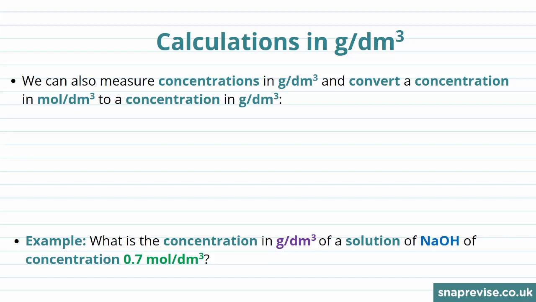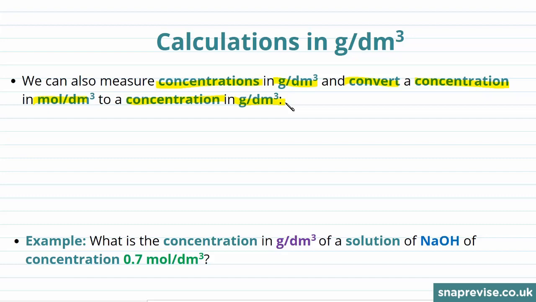Guys, this is the fourth part of the video on titration calculations. So far, we've looked at calculating concentrations in moles per decimetre cubed. But we can also measure our concentrations in units of grams per decimetre cubed. And we can convert a concentration in moles per decimetre cubed to a concentration in grams per decimetre cubed using